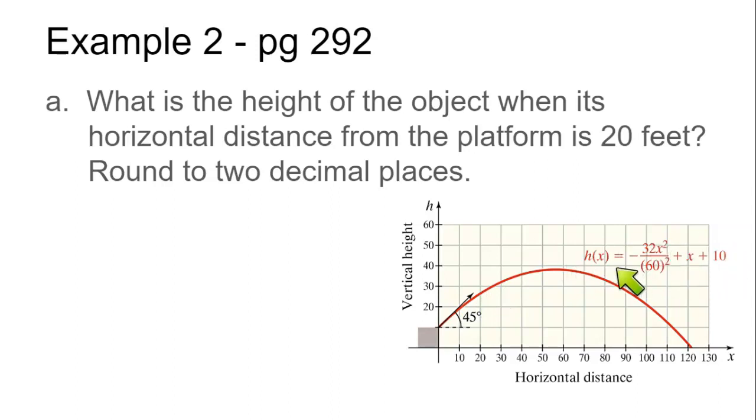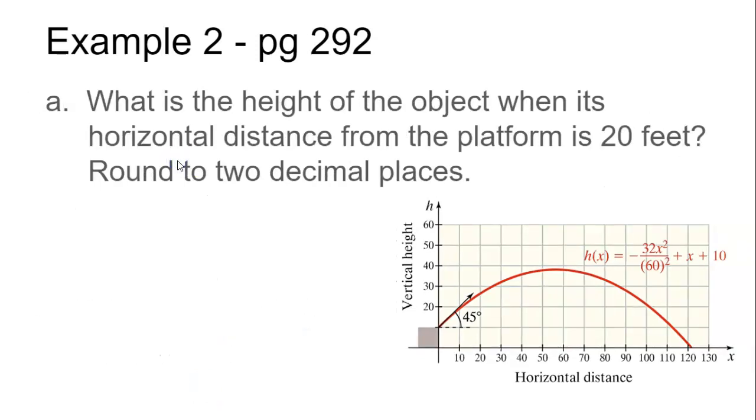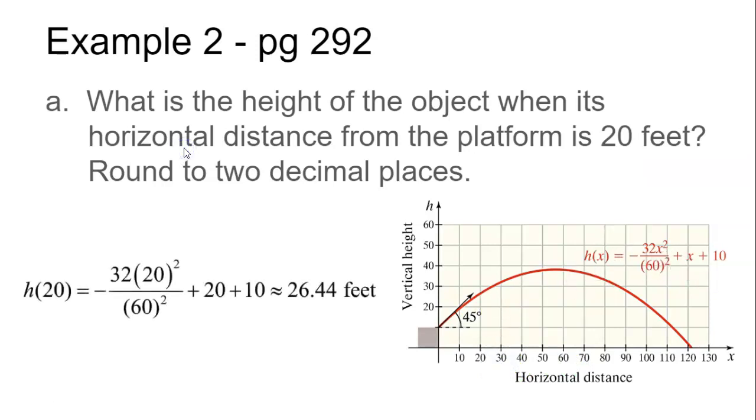I can utilize my quadratic function, because I know that X represents the horizontal distance. If I go back, X is the horizontal distance the object is from the platform. Since I know the horizontal distance is 20 feet, I can just take that 20 feet and substitute it into the value of X here and the value of X here, and I can evaluate. So when I do that, H of 20, where I replaced X with the 20 here and here, I get